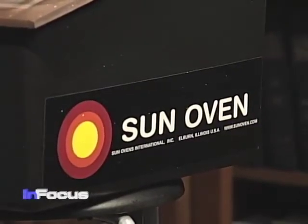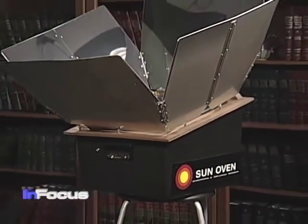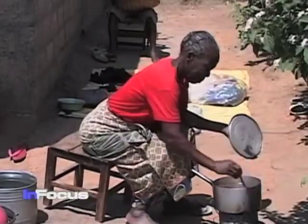How affordable is it to an ordinary peasant at the village? Well, the cost sounds steep, but in Uganda, we are pricing it at about 250 US dollars. However, that sounds like too much, but when you really compute the numbers, compared to the lifespan of the sun oven, which goes beyond 15 years, then the sun oven pays for itself in less than a year. So there is a need to educate people as to the cost and